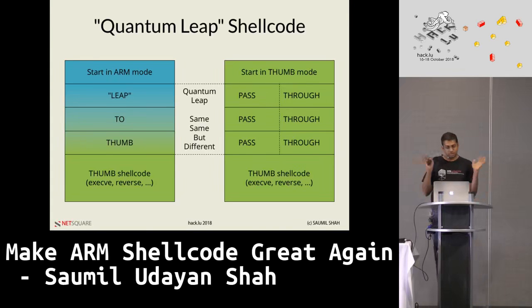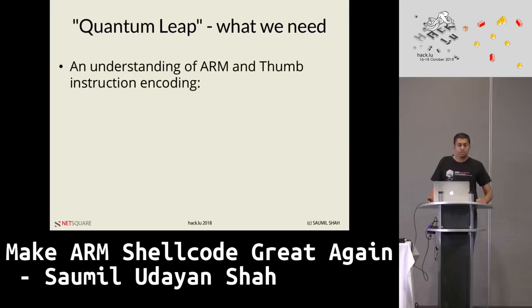So this is what the whole stunt is about. Polyglot instructions that do one thing in ARM but do nothing in thumb and not destroy our code. For now, the attack is nice and academic. It's worth publishing in POC or GTFO, but I'm sure there'll be some practical applications to this stunt coming out in the future. So what do we need to build quantum leap shellcode? And this is what I'm going to explain to you just a little bit. I'm going to try and keep it as simple as possible without going too much into the depth of ARM and